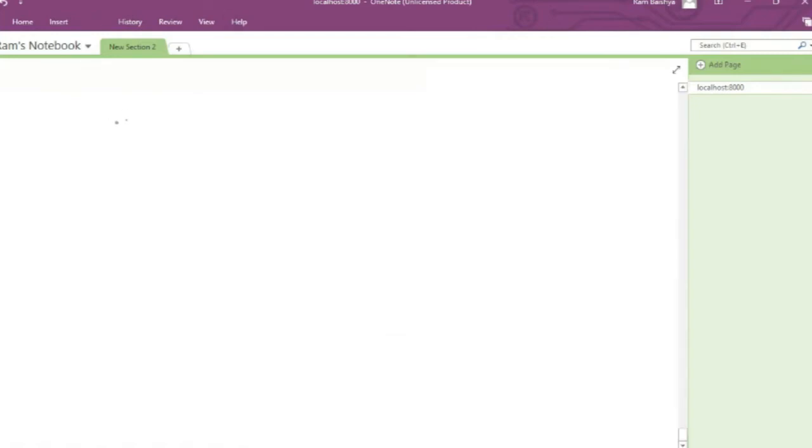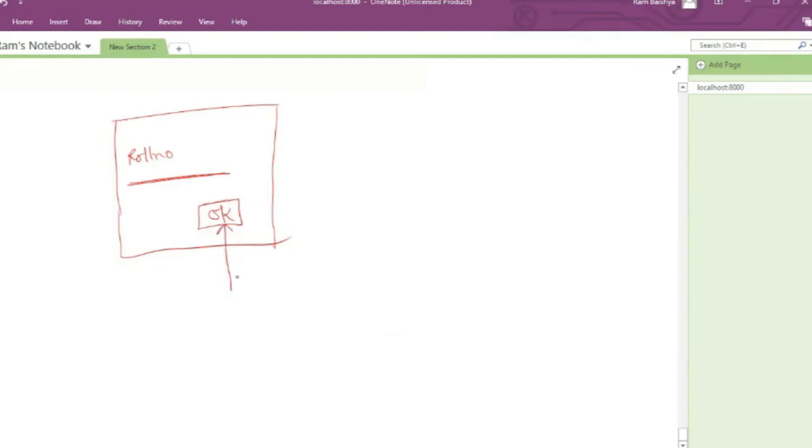And what we want is that this is your page, some web page is there, and there is a text box. Say for example, the label is roll number, and this is the specific text box I'm talking about, and there is this OK button. Now what we want is, as soon as the user clicks on this particular button, I want some JavaScript function to be executed. What that function should do is, it should first